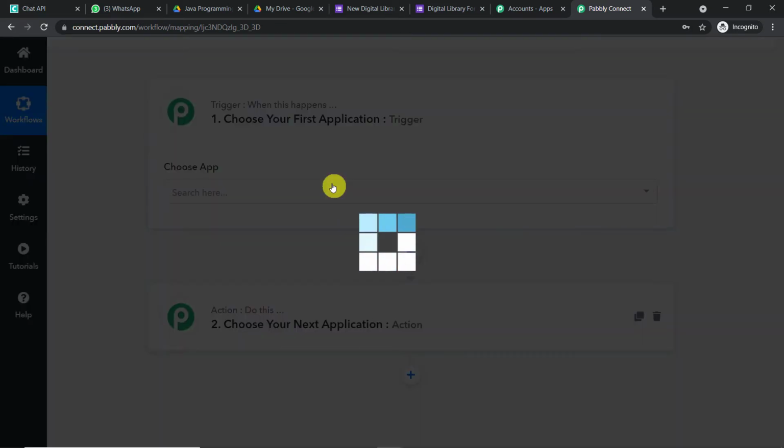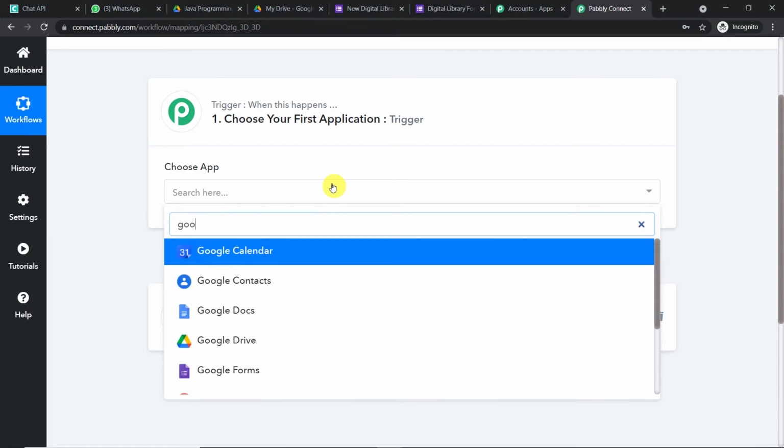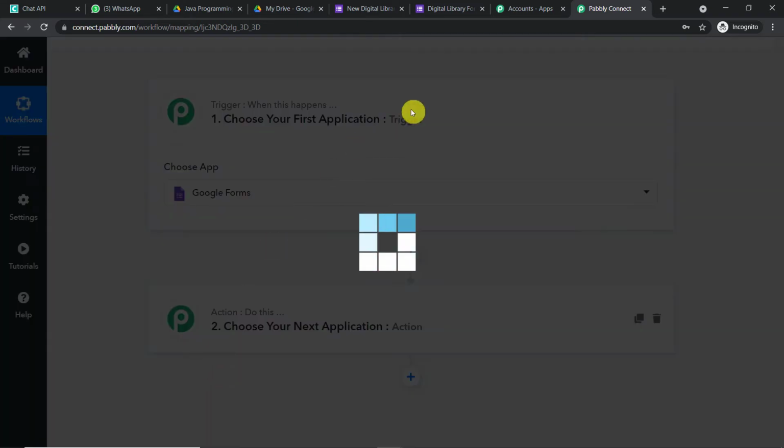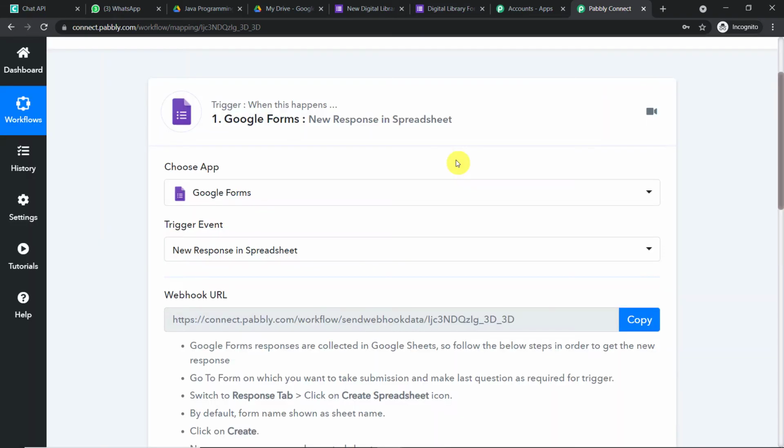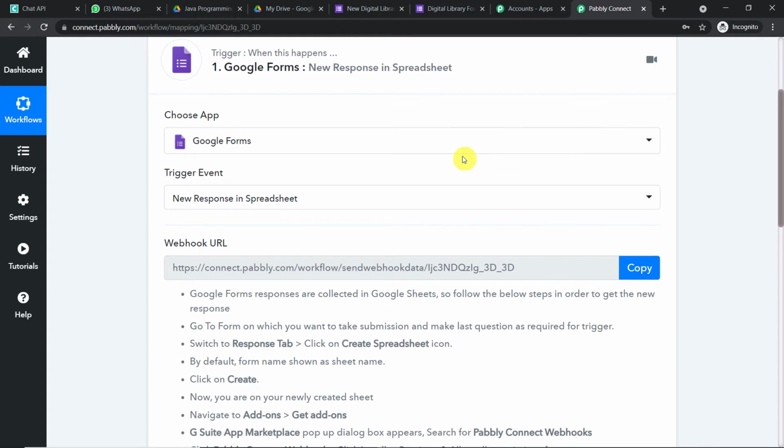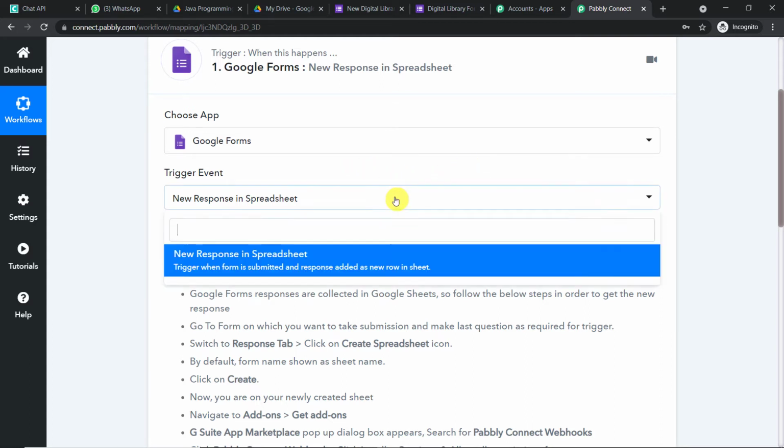The trigger window is always the trigger software, that is, in my case, Google Forms. Now in the trigger event, how about we make it new response in spreadsheet? New response in spreadsheet is a trigger event. Your obvious question is, what is a trigger event? A trigger is basically an if statement. It asks a question: if this condition is met, what should be done? For example, if a new response is made in our Google Forms, then what action should be taken by the system? At present we only have one trigger event, that is new response in spreadsheet.